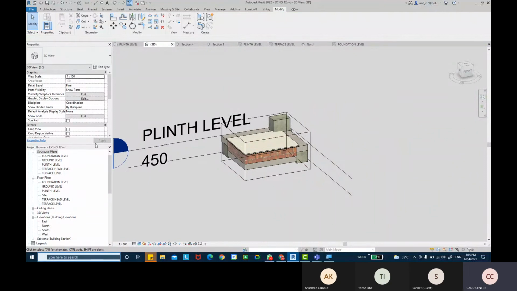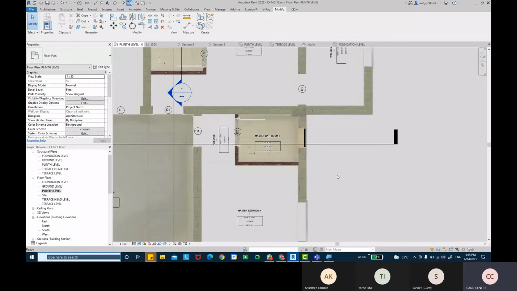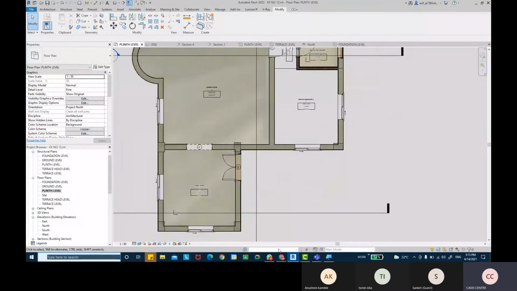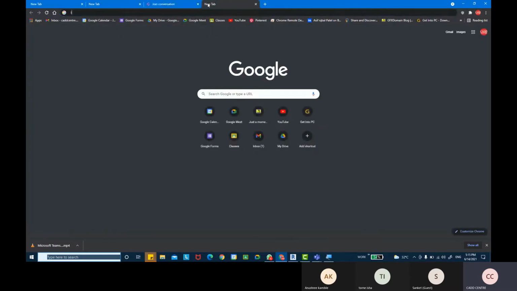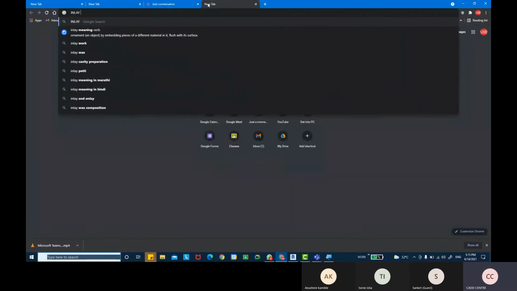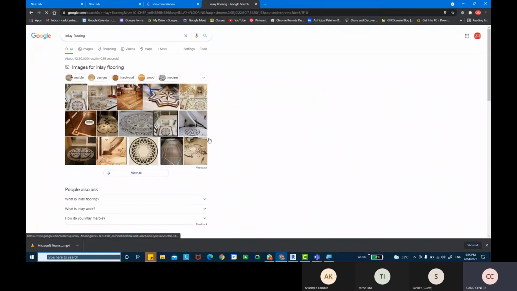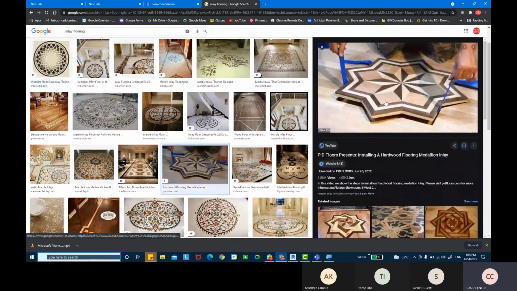Now, sometimes what we see is in the finished floor also, we have this inlay and everything basically. Inlay flooring is being done. So something like this. Have these inlay tiles actually, a center tile or something.